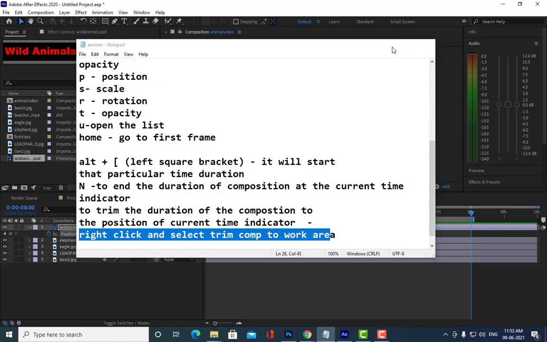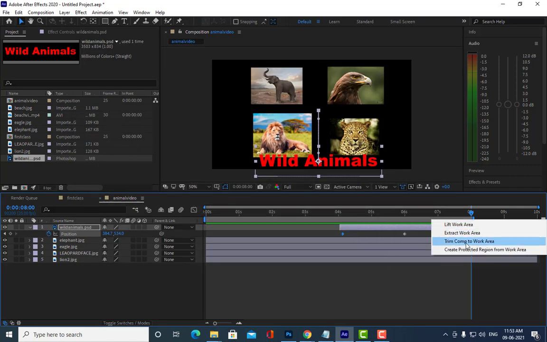Are you able to understand? See here, right click, trim comp to work area. Able to see everybody here?